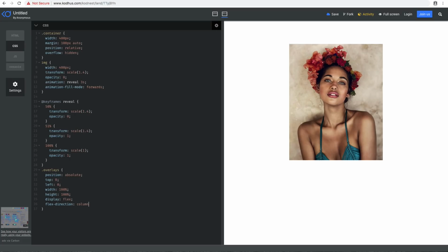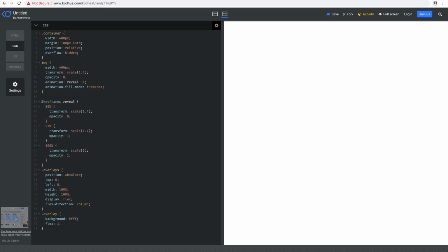The reason is that we are putting two overlays, one here on the top half, and another here, right? We can use flex for that reason. I'm making sure that the flex direction is column. The next thing I want to do is to style the overlays themselves. So here I can say overlay. I'll give it a background of FFF, and then I'm just going to make sure that the flex is 1,